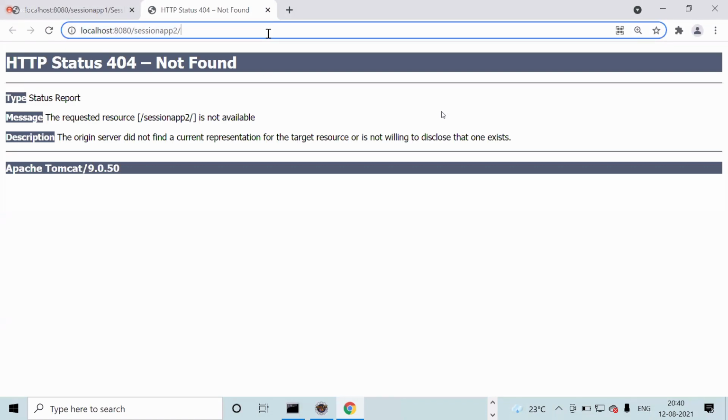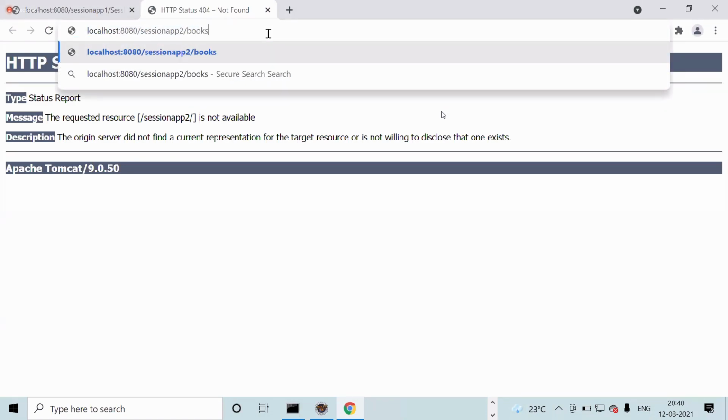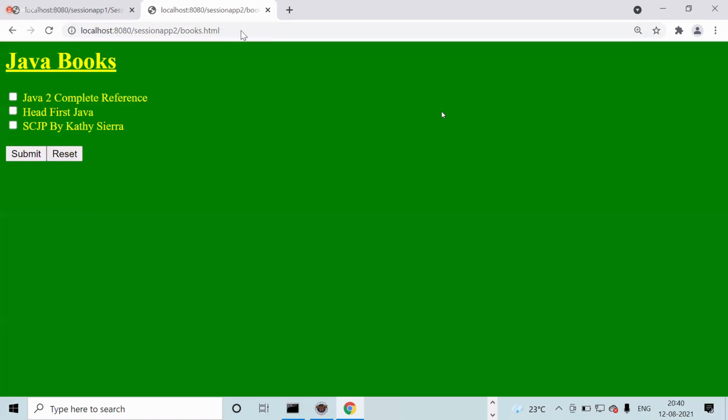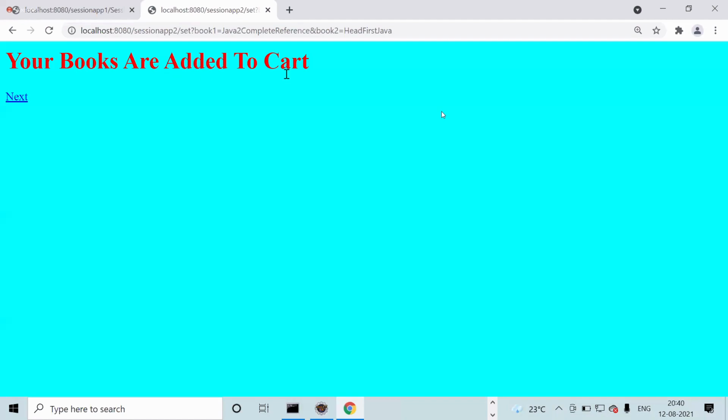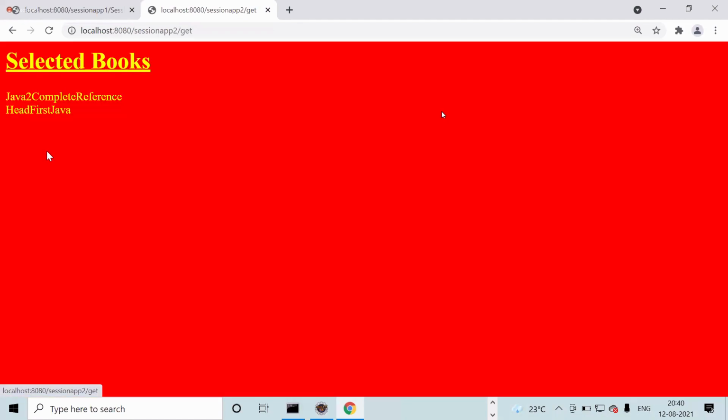Now here books.html. You observe, same program, but the session tracking method changed. If I click submit, see, your books are added to cart. If I click next, see, Java Complete Reference, set for Java.